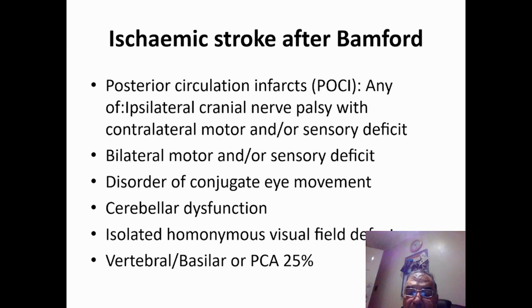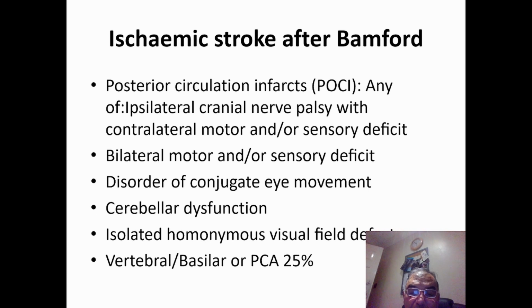The fifth nerve tends to run a long course through these areas, and depending on where the lesion is located, you can have a combination or constellation of cranial nerve involvement with the long tracts, that's the sensory and motor tracts. There is a disorder of conjugate eye movement, which is generally coordinated in the brainstem. There is cerebellar dysfunction if the cerebellum is involved, and there is a visual field defect. Usually the arteries involved are the vertebral or the basilar artery or the posterior cerebral artery, and this constitutes about